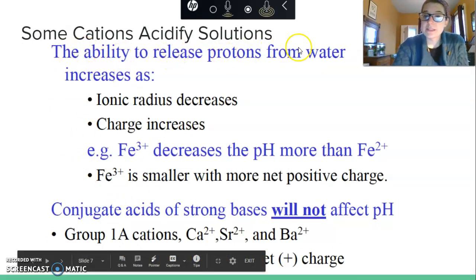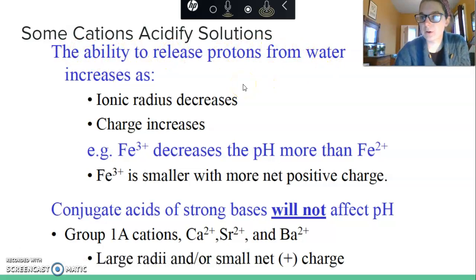So the ability to release that proton from water, so to attract that OH from water and then release an extra H, will increase as the ionic radius decreases. So remember, as the ionic radius decreases, there's a higher effective nuclear charge between that cation and the electrons that are in the water molecule. And then as charge increases, of course, that would also increase the effective nuclear charge felt by those electrons, pulling them so that an H+ can release. So the larger the attractive forces, the greater the decrease in electron density between the oxygen and hydrogen in the